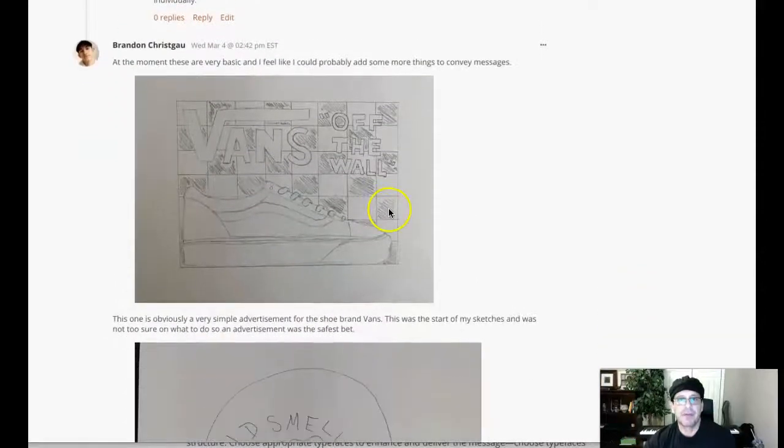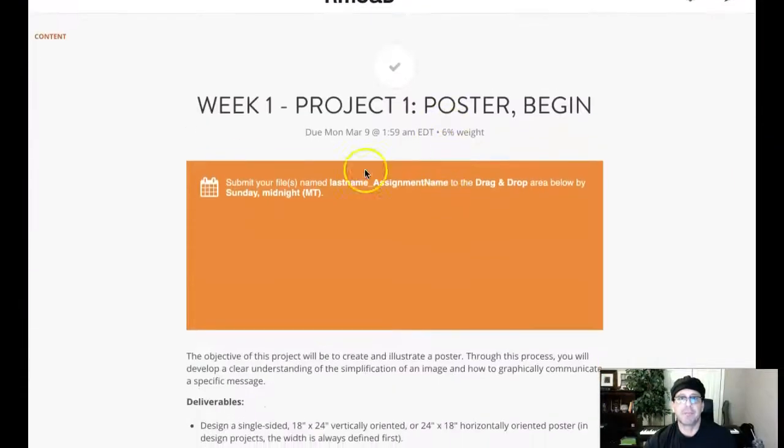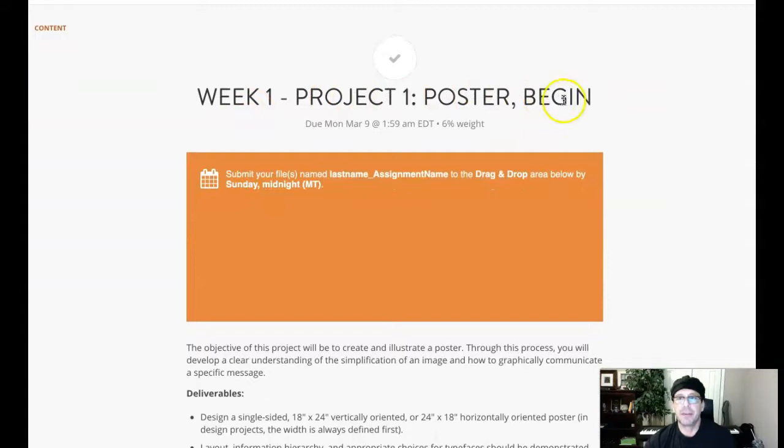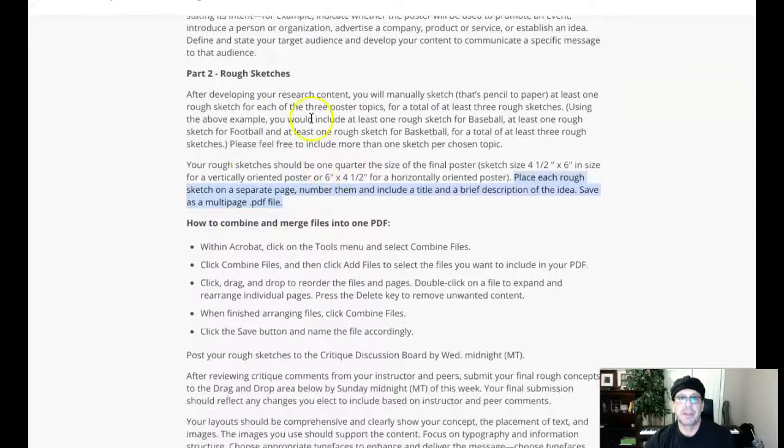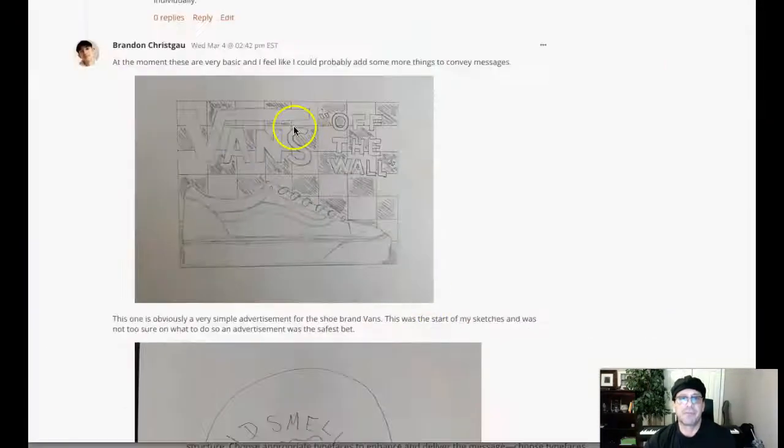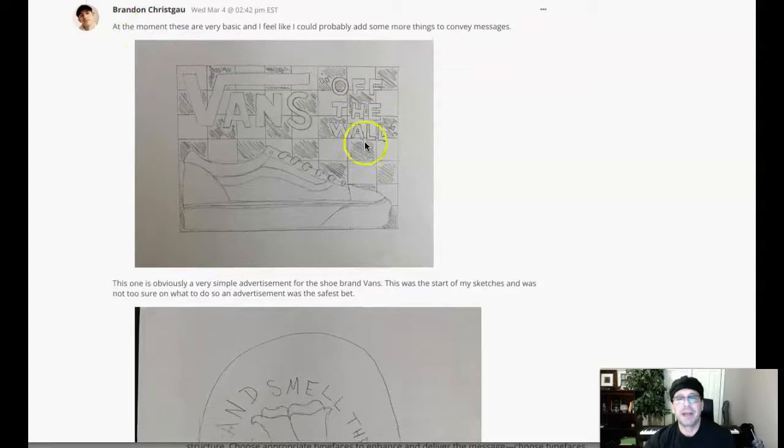Okay, so we've got vans. One thing I did notice is that you're not defining your target audience. So if you jump back to the project poster begin page, we come down here in the rough sketches, last sentence of the second paragraph: place each rough sketch on a separate page and number them and include a title and a brief description of the idea. You've got your brief description, but we need to go ahead and title